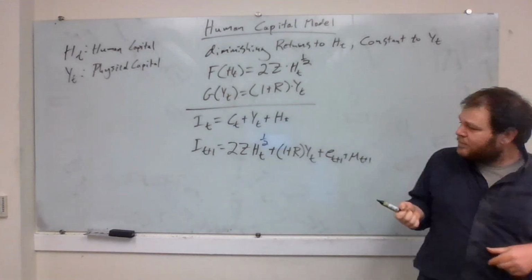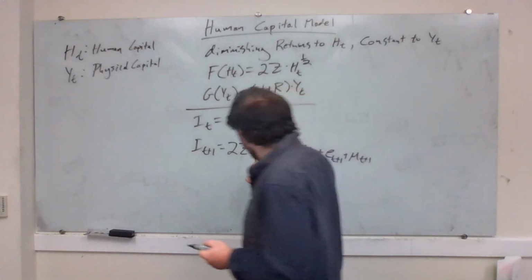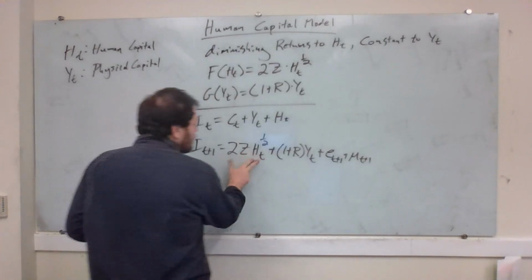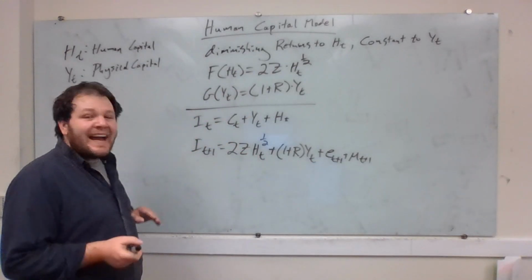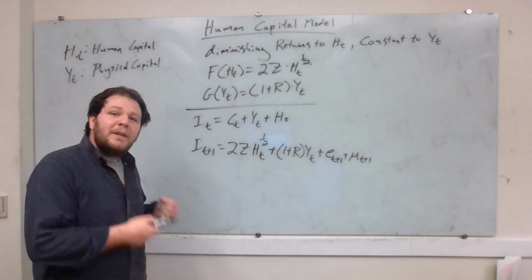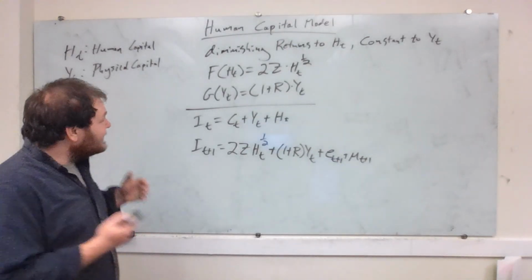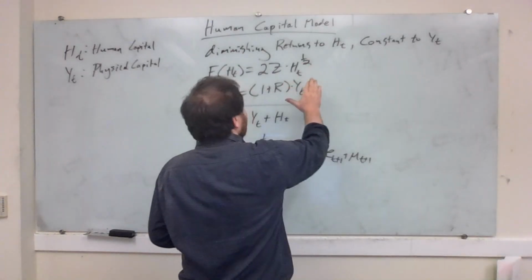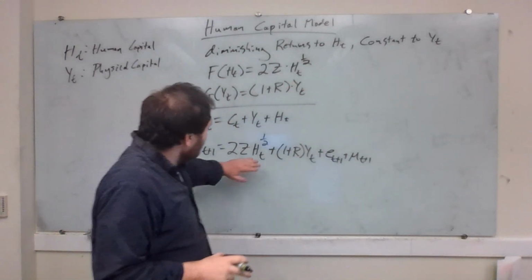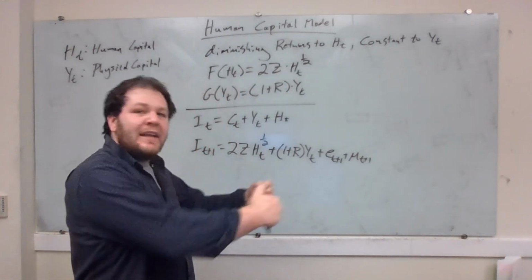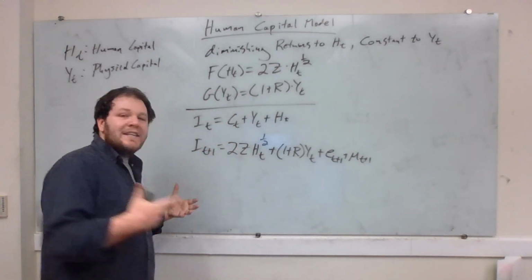Then all they need to do is figure out what combination of investments in human capital and physical capital is going to get their kid to the desired IT plus 1 as cheaply as possible. Right? Because parents don't intrinsically care if their kid gets human capital or physical capital in this model, right? They're going to figure out the way to invest in their kid that gets their kid to the desired income at the lowest cost possible.